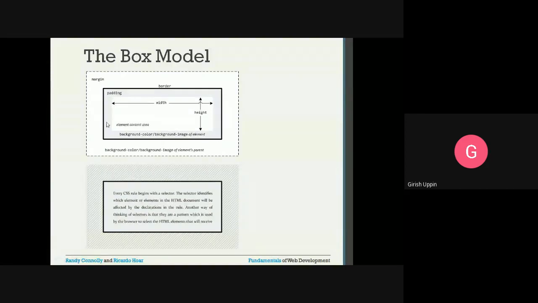What is the padding? Padding is the space between the border of the element and the actual content. So you can see this is the actual content, some text is there. It is distanced from the border. So this is called padding. This is similar to margin. We can have left, top, right, and bottom padding. And in this particular area, we can display any kind of background color or background image for the particular element. And the content area will be defined by the attributes width and height. So whenever you specify width and height, you are specifying the width and height of the actual content.